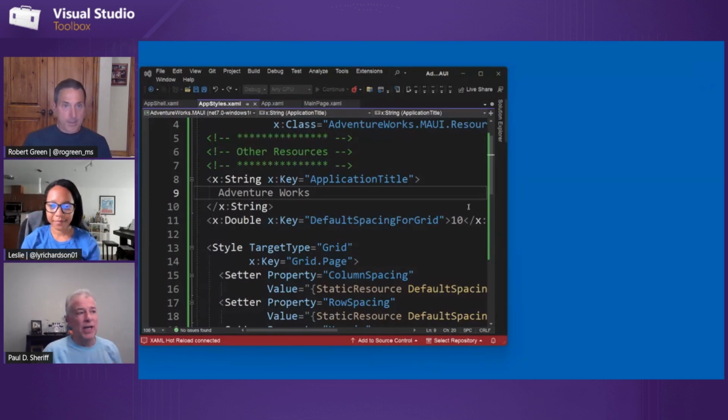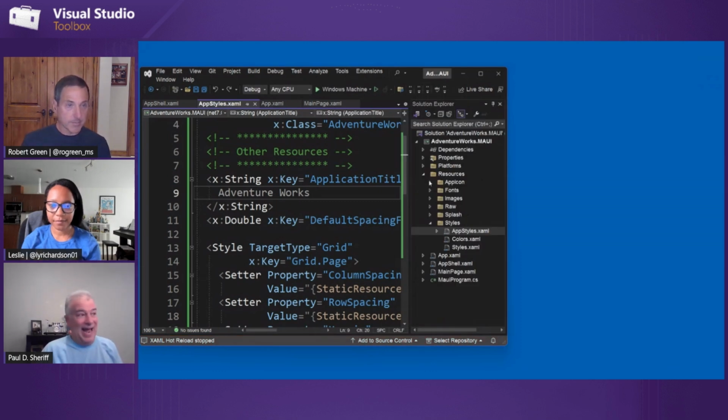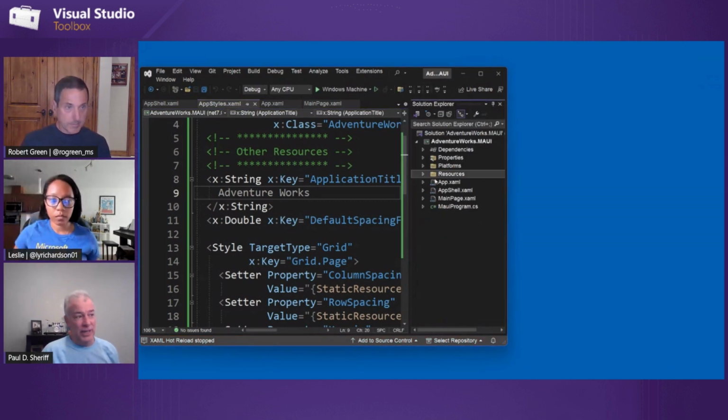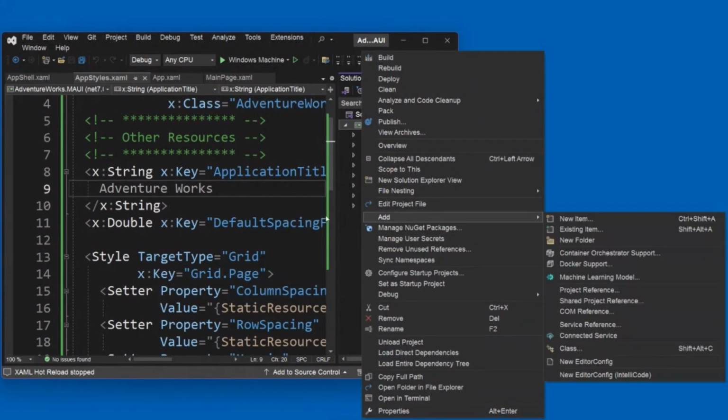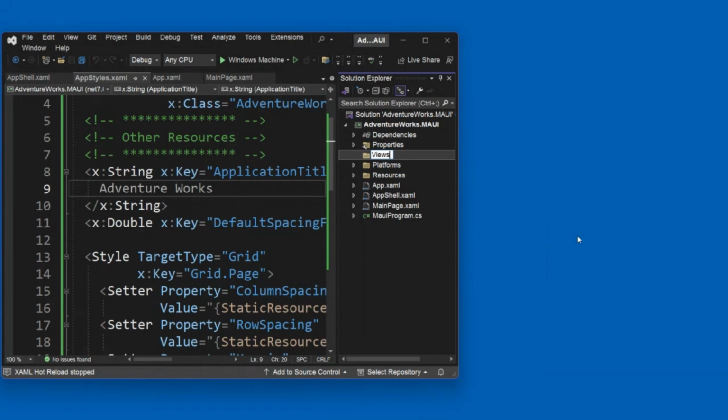So we're going to stop the application because I need to be able to add some new pages now. So I'm going to go ahead and right mouse click on the project. I'm going to add a new folder. Now, this is my convention that I use. I like to put all of my pages under a folder called Views,